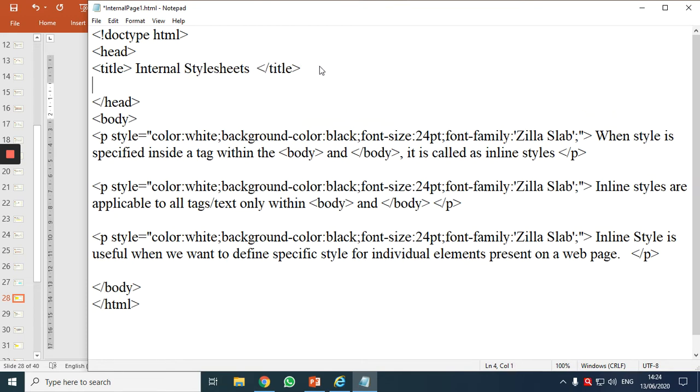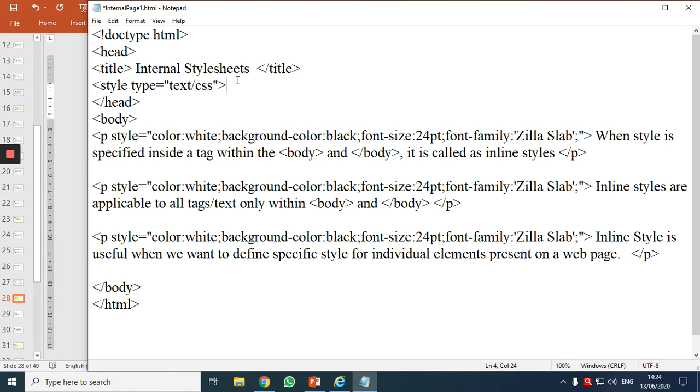So to work with internal style sheets, what do I need? I need a paired tag called style. Style comes with an attribute, type. This is a mandatory attribute and should be included. What type of style are we doing? We are applying CSS to the text in our web page.